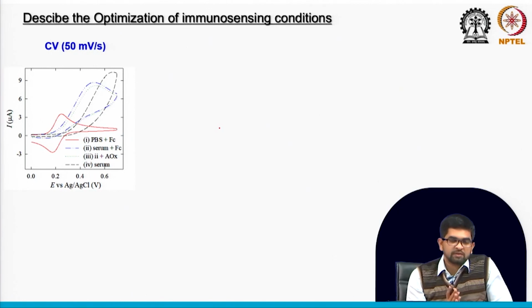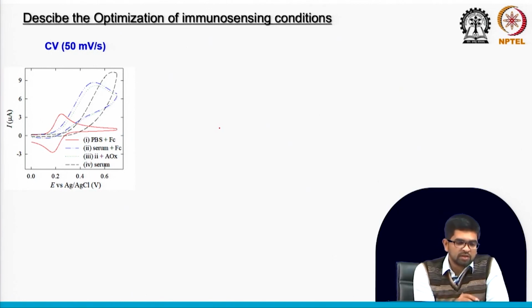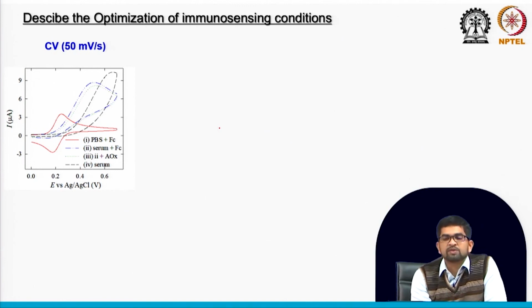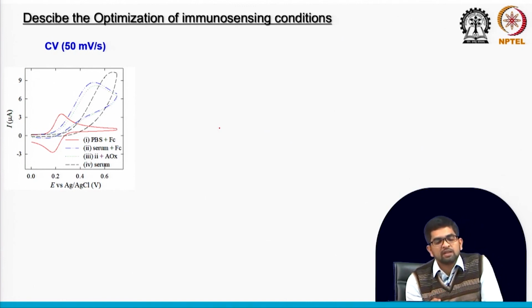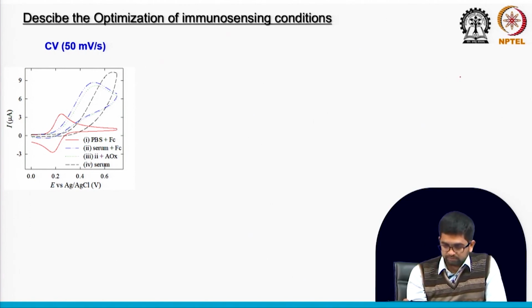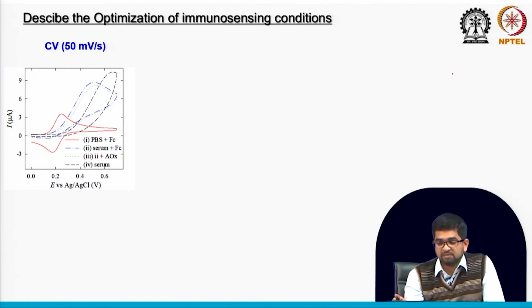Now, the next question. In this tutorial, I will describe the optimization of immunosensing conditions. I think many times I taught you the optimization technique for biosensors. Like always, I am saying that you have to optimize the applied potential, right? Because if you apply very high potentials, some interference species may oxidize, right? So you have to apply a potential at which the interference species are not oxidized. So optimization of potential is important, and chemical concentration optimization is important,